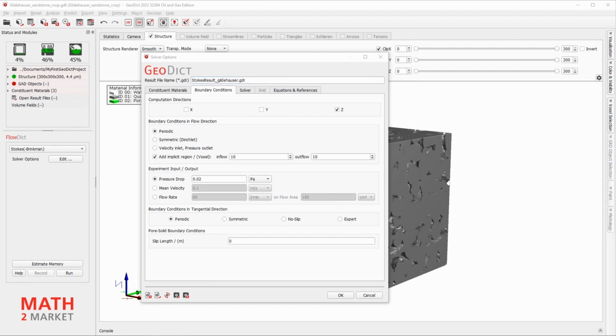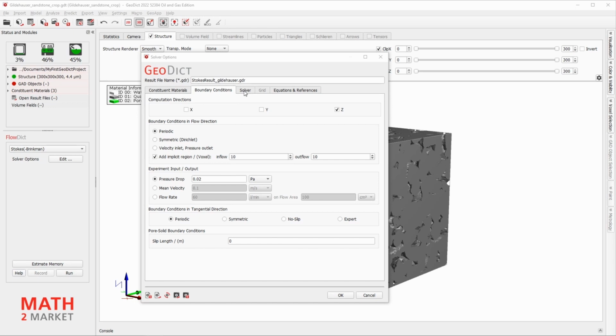For some simulation setups, it might be necessary to adjust the slip length. The slip length refers to the pore solid boundary conditions, or the fluid flow velocity on the surface of the grains. Now we want to edit the solver options.